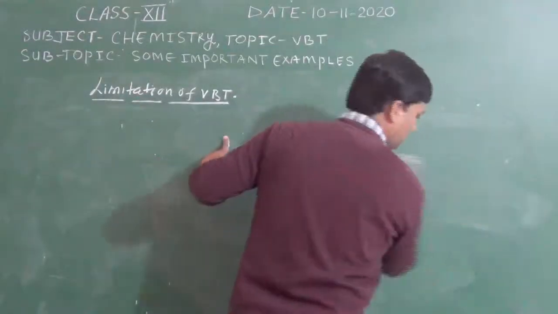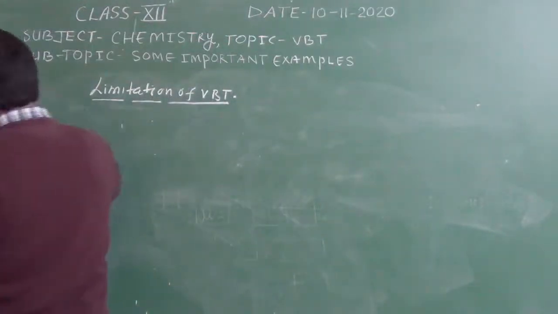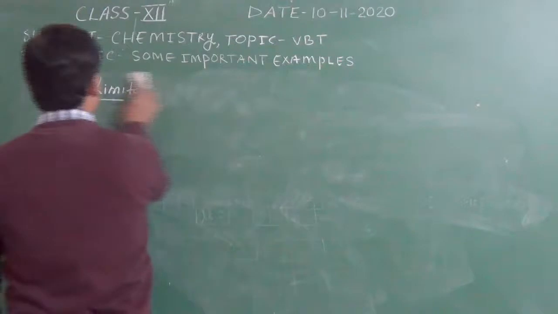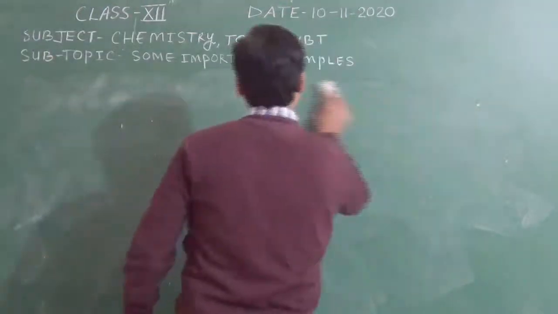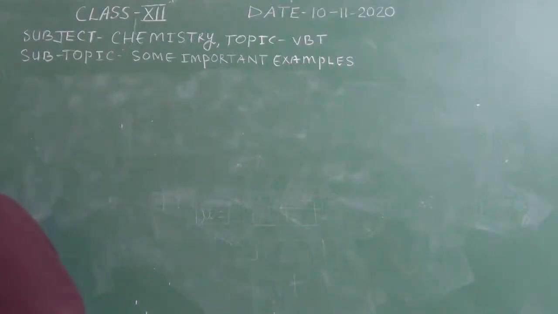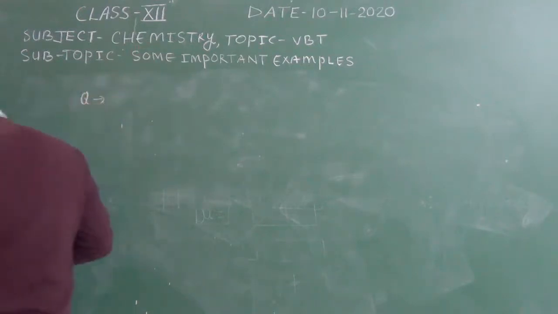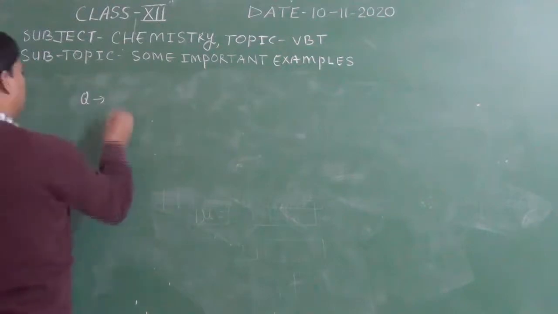So these are the points related to the limitations, weaknesses or drawbacks of valence bond theory. Okay, so before I start the next theory, I am going to discuss some important questions related to this topic. The first question is an MCQ. The complex